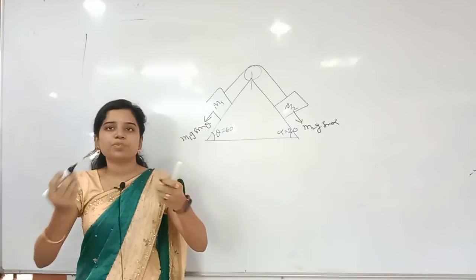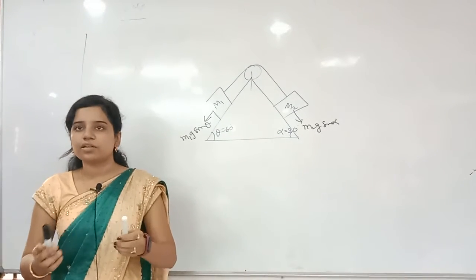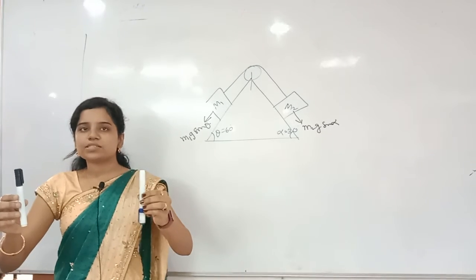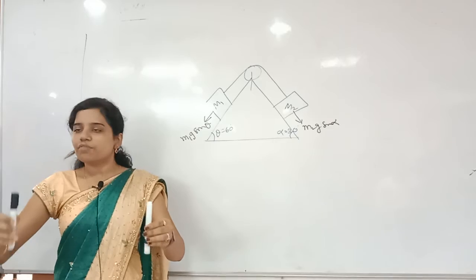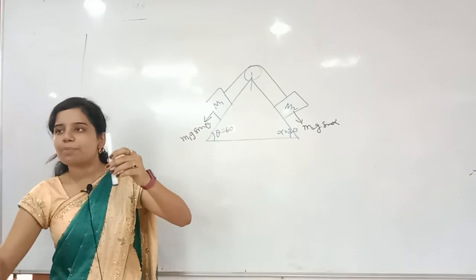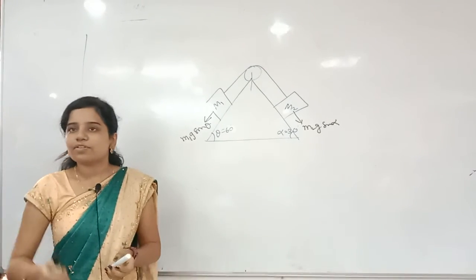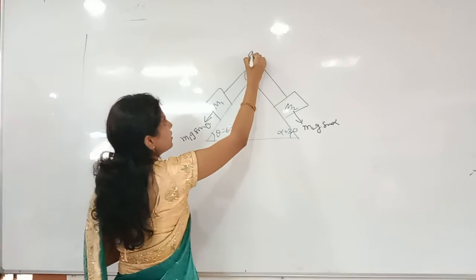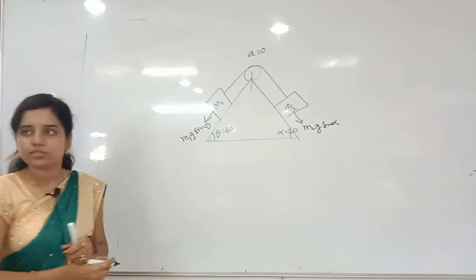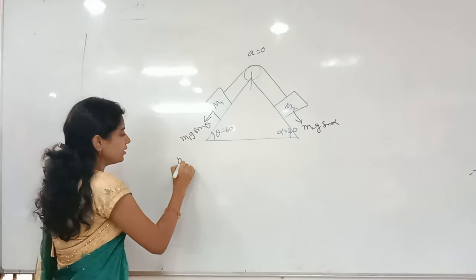Yes, whenever I taken the pulley string system yesterday, if I kept 2 pens, then what happening? It is in rest. Why? Because M1G is equals to M2G. Whenever I put one more pen in this direction, what happening? It is moving like this. Correct? Why? Because here more weight is there. Here I am saying that acceleration is 0. There is no acceleration.